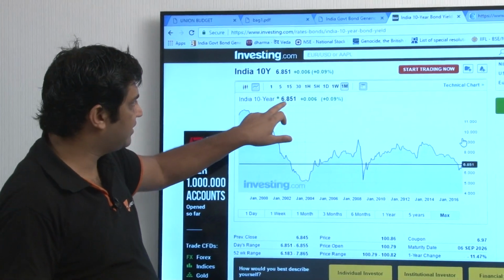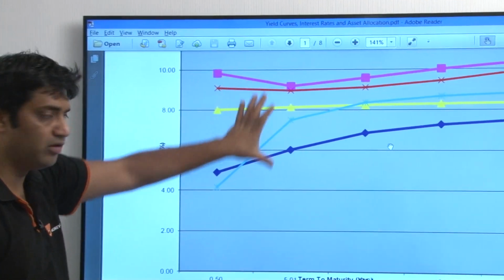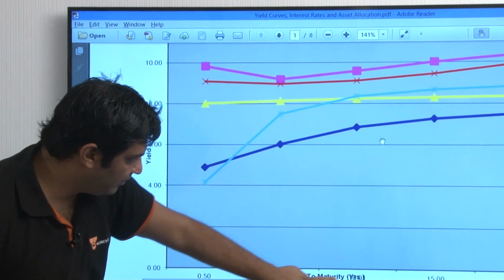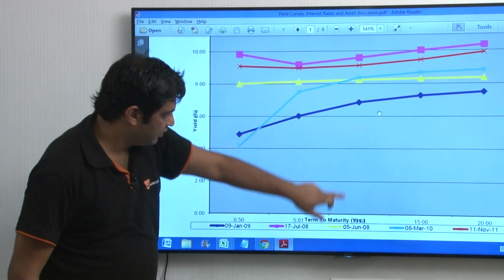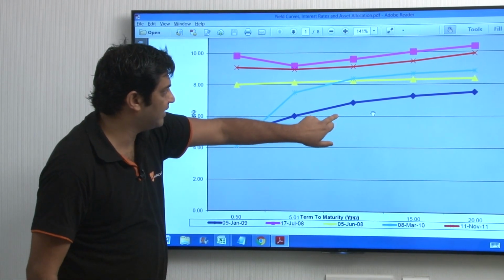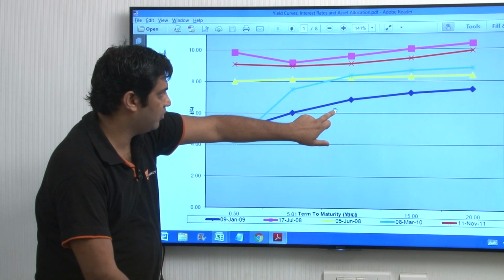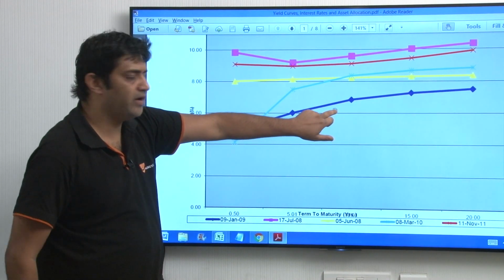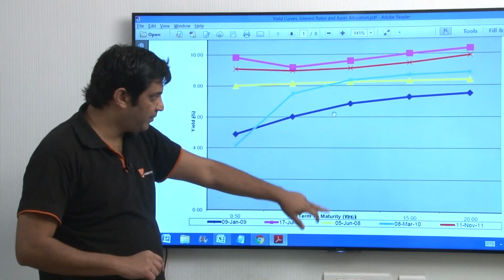Now with the 10-year GSEC yield at 6.85%, if we have to see it on this chart, 10-year will be this and 6.85, so this is 6%. The 10-year GSEC yield will be 6.85, so this point will be somewhere over here. Let us put this Acrobat mark over here. So this is the 6.85 broadly for today for the 10-year paper.